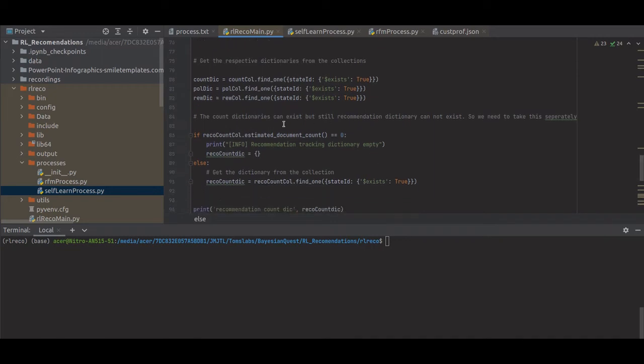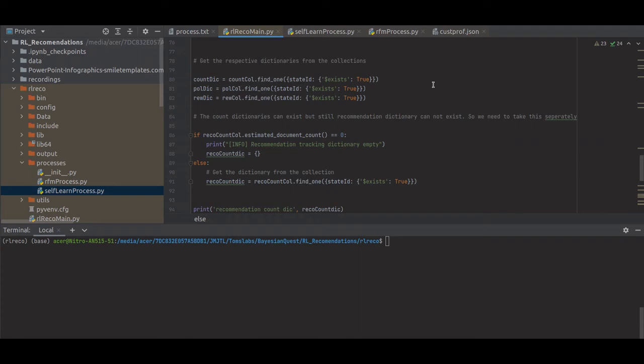Next, earlier we looked at only the three dictionaries. We didn't look into the recommendation count dictionaries. Why are we treating it separately? Because even if all those count dictionaries exist, you still may not have the recommendation count, because maybe those products weren't recommended. That's why we treat this separately.